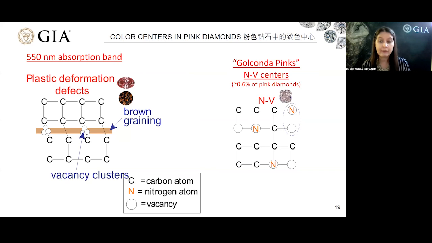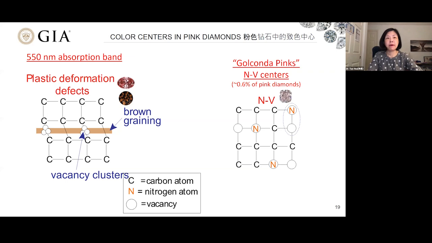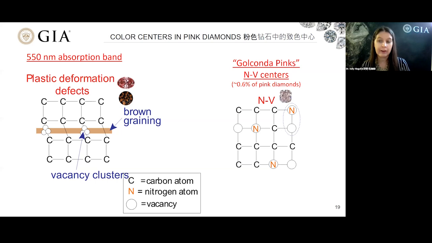We don't fully understand how it's formed, but we know it's related to plastic deformation and the creation of vacancy clusters. 左边这个是99%以上的粉色钻石的成因，就是550纳米吸收带。这也是一个谜，我们只知道它和塑性形变、滑动面、空位的集中有关，但怎么形成的我们不知道。